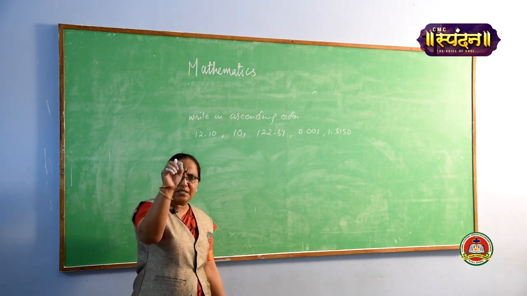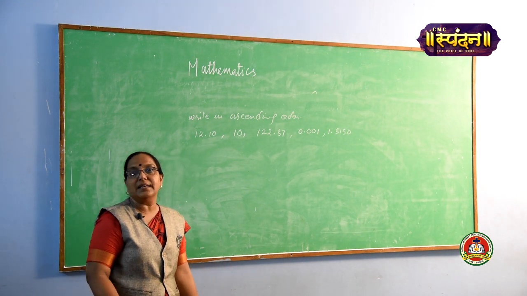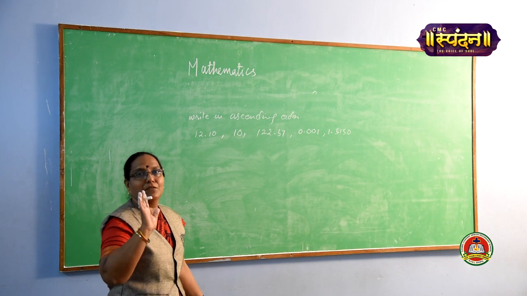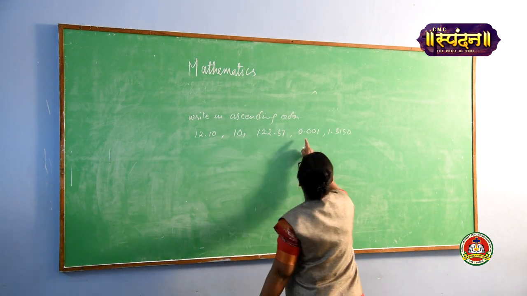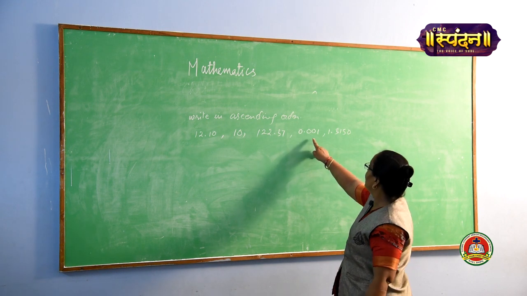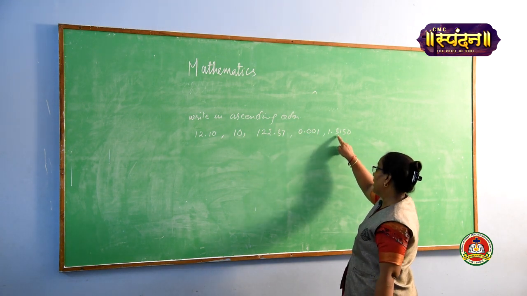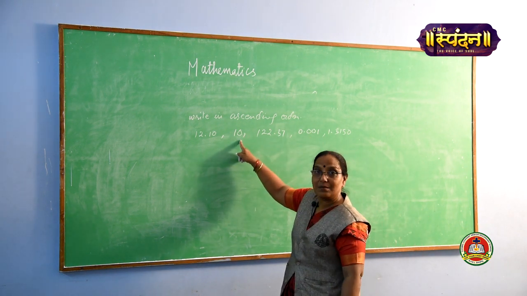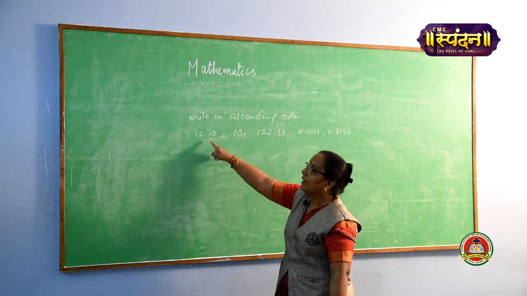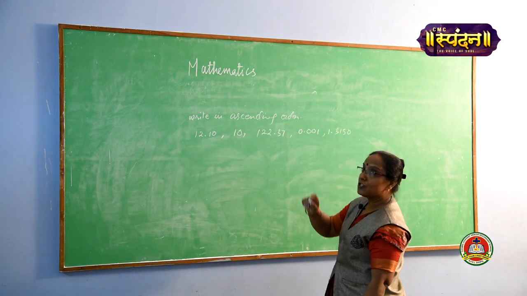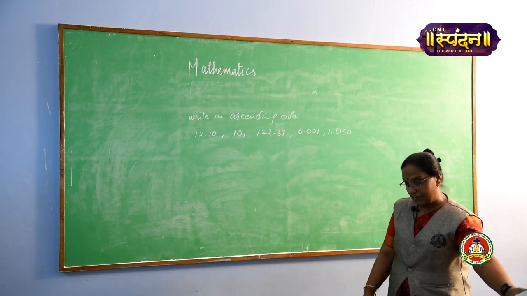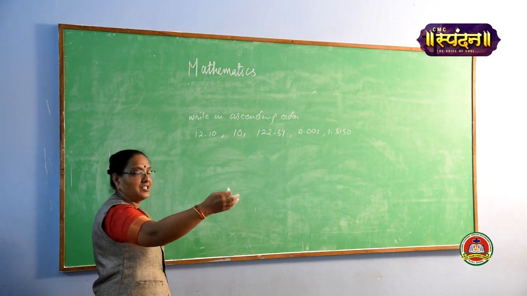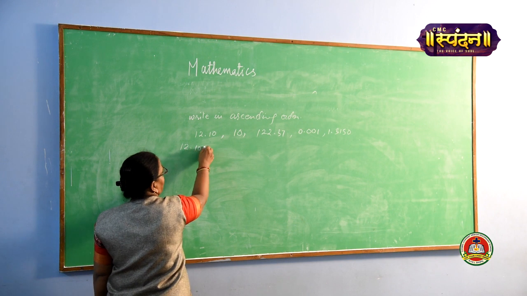So what to do? The first step is that you have to make the numbers like decimals. Like decimal means the number of digits after the decimal would be the same, it would be equal. So the greatest number of digits after the decimal, here it is 1, 2, 3. Here only 1, 2, 3, 4, that means this is greater. Here 2, here nothing, that means after decimal nothing is there, so we can write it as 0. And this 12.10 has 2. So in order to get 4 decimal digits, we are going to convert each into 4 digits. So we can write like this, 2 more zeros.